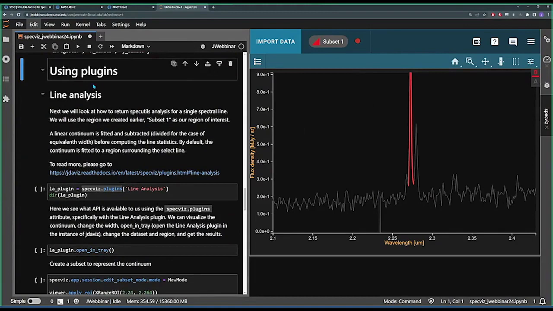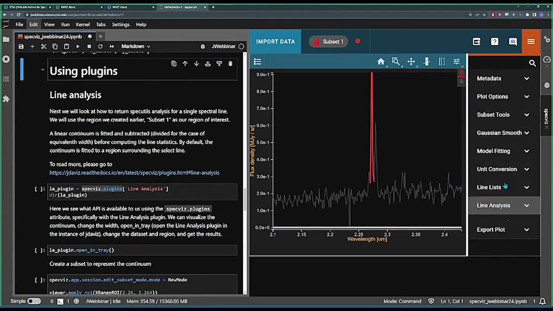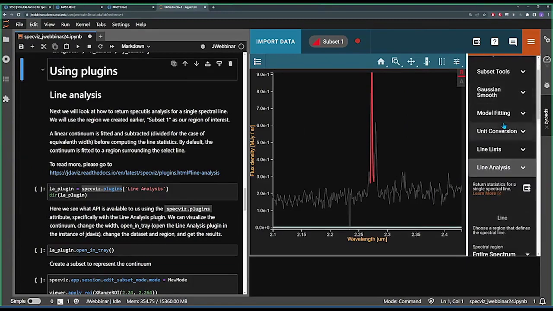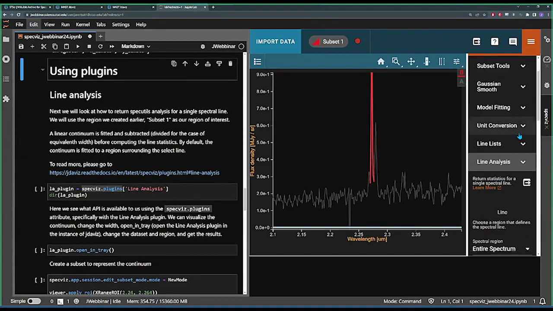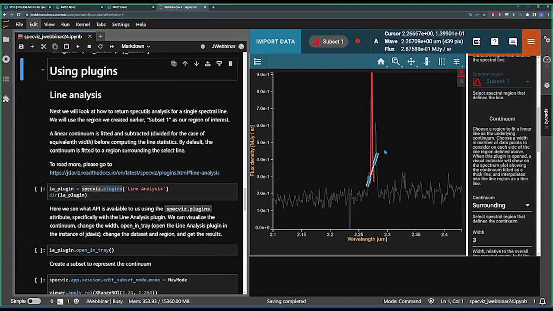Okay, so we'll move on to using the first plugin. This will be the line analysis plugin, and that will give us some specutils analysis for a single spectral line. So we'll pick the H alpha line that we created earlier, and the continuum is off here. And the way we can make one that makes sense is to create a new subset and use that for